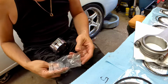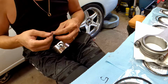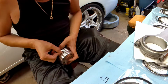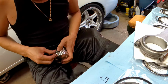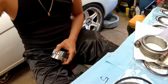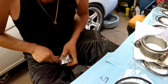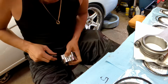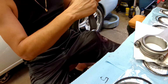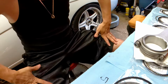So I'm putting one clip in, and then I'll lube up the pin and put the other clips in. It's a pain in the butt, but it's working pretty good. Like I said, push down on it, and then as you're pushing the other side towards the inside, well, that one did really nice. There you go, that clip is in also. Alright, now that we got that done,